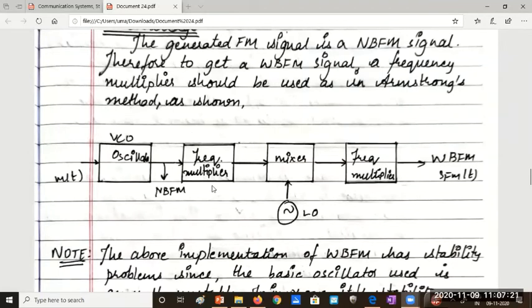And usually when we have large multiplication values to implement, we can't do it with a single stage multiplier. We'll use a two-stage multiplier. The simple reason is that when I use a single stage multiplier, do you know what is the standard range for FM radio transmission? Can somebody tell me? Your normal FM radio which you listen to always on your mobiles. Do you know the range of frequencies?